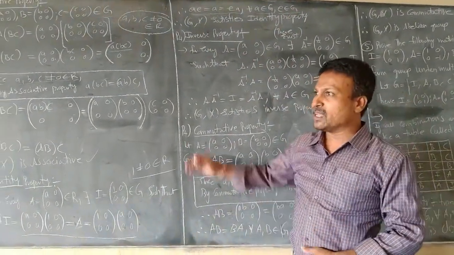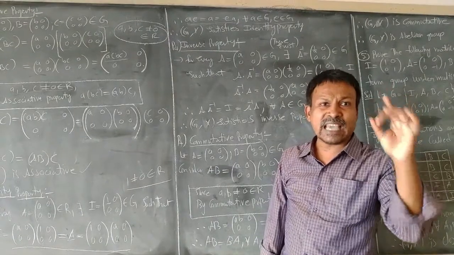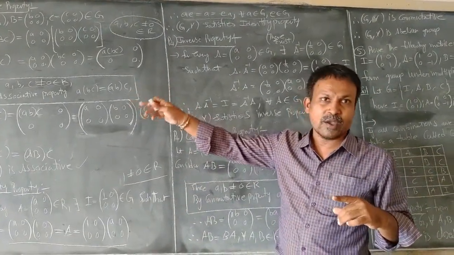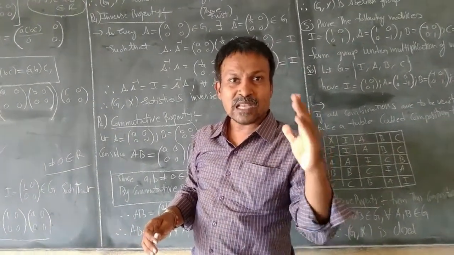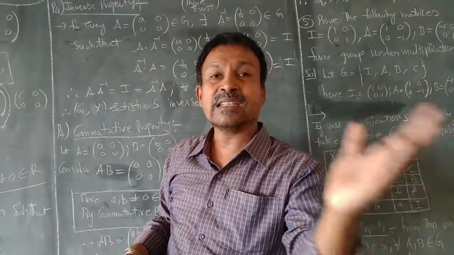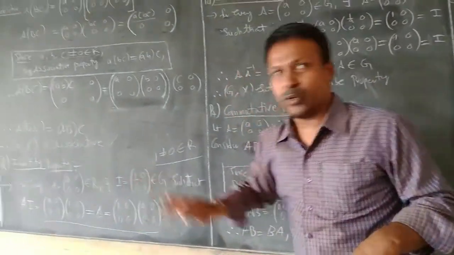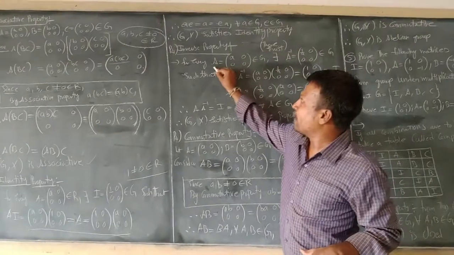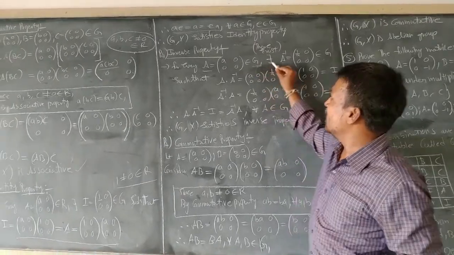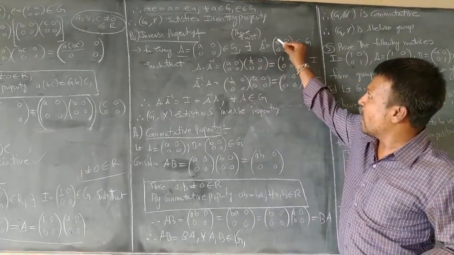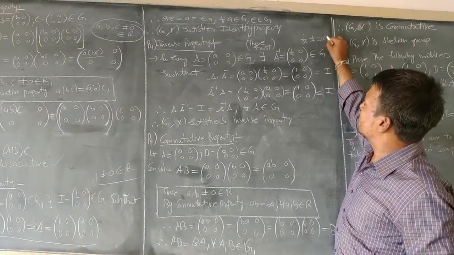If we move on to the next property, it is the inverse property. Here also it is laborious work. Why? Because for every matrix A in the set G of matrices, we have to pick out one matrix which is the inverse of the matrix A, such that if the matrix A and its inverse are multiplied, we should get the identity matrix [1 0; 0 0], right? See here, for every A equal to [a 0; 0 0] belonging to the set of matrices G, there exists A inverse equal to [1/a 0; 0 0]. Here 1/a is not equal to 0 and belongs to R.